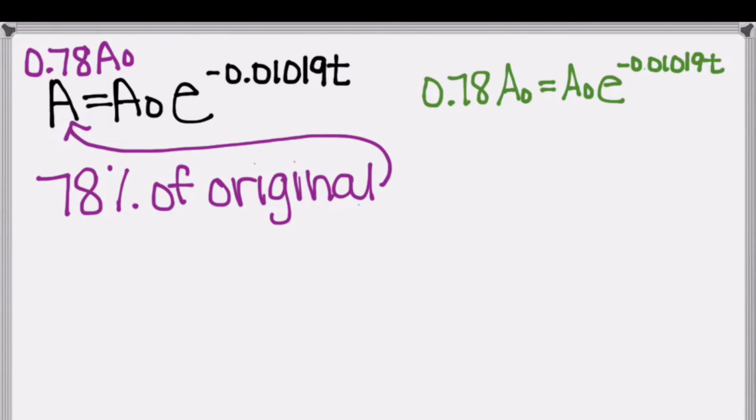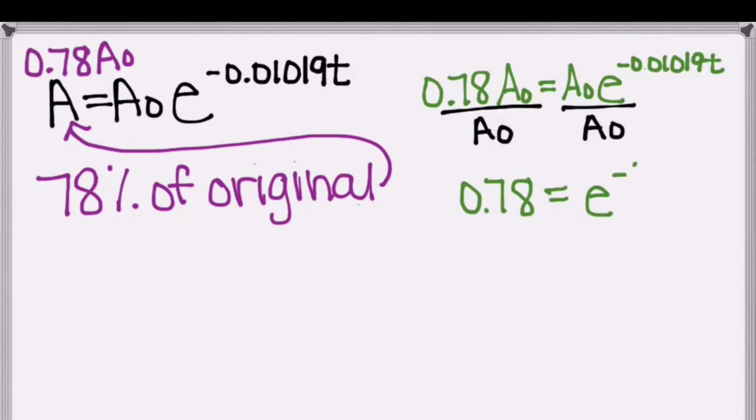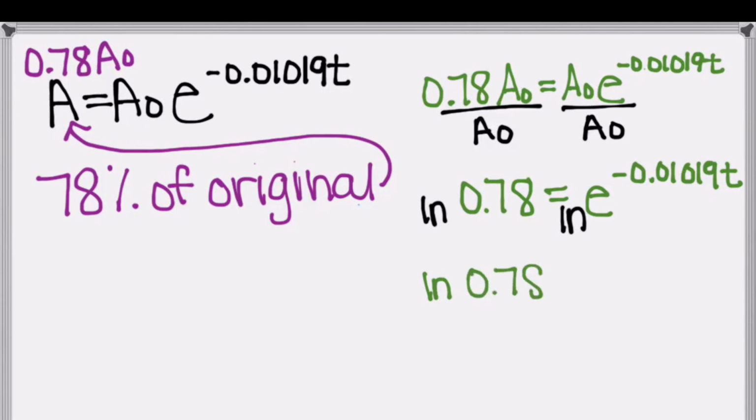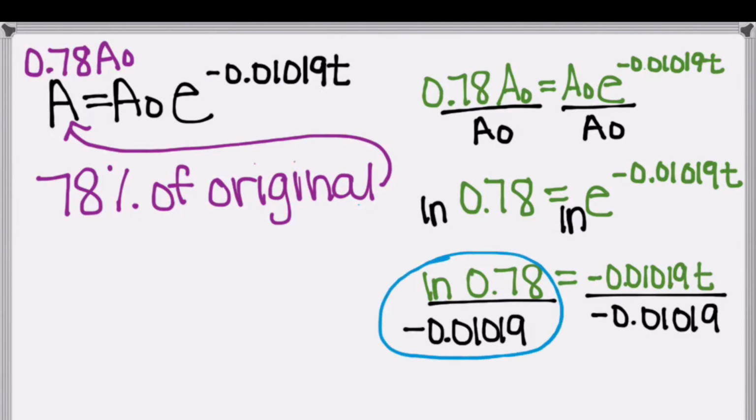And we actually don't need to know any more information because just like the first problem where we were finding the value for k, we have A naught on both sides of the equation, so we can divide both sides by A naught, which leaves us with 0.78 is equal to e to the negative 0.01019t. And we'll essentially use the same steps for solving that we used in the other parts of this example. Take the ln of both sides, and then after simplifying, we get ln of 0.78 is equal to negative